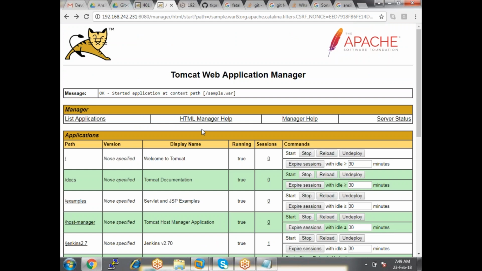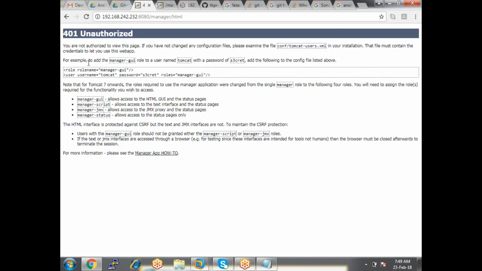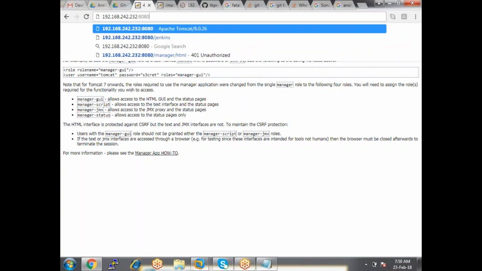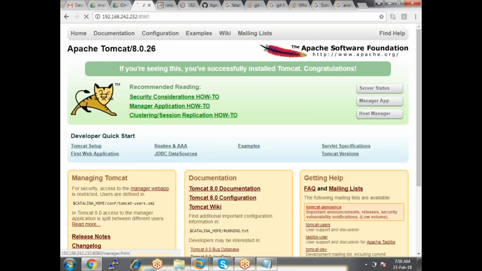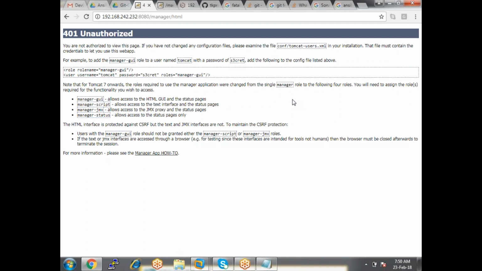See, if you have proper user credentials, and if the user has a proper role, only then can you manage this kind of application. If he does not have proper roles, then he can't manage it. That is what you see here: an authorization error. Whenever you click on this, if you don't enter any user credentials, it shows an error like this, and it gives the help as well. How do you set it up and where do you set it up?